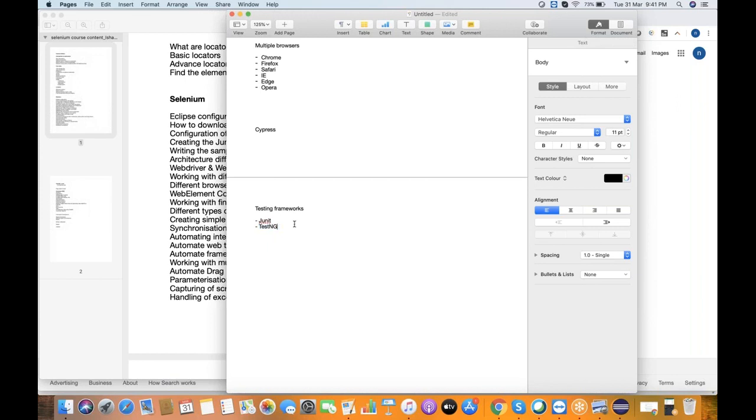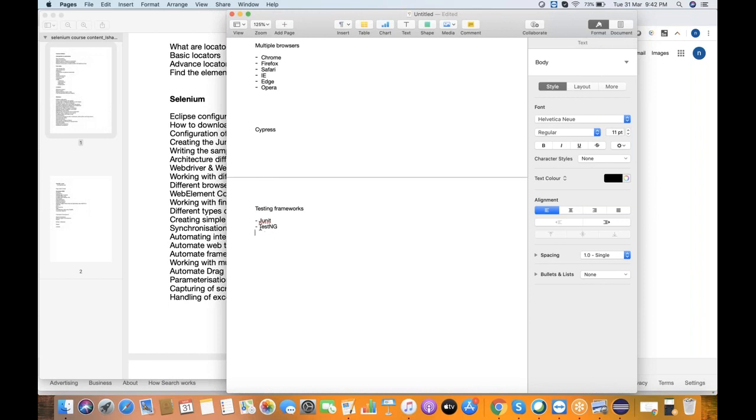If you know one framework, the other one will be similar. Whatever terms are there, they do vary, but overall they behave the same. For example, before starting your test, you want to achieve something, and once you close the browser, you want to achieve something. So before test, after test, those kinds of annotations are there. The terminology may be different. If it is before test in TestNG, it is before in JUnit, like that. So if you know one, the other one will be easy for you.